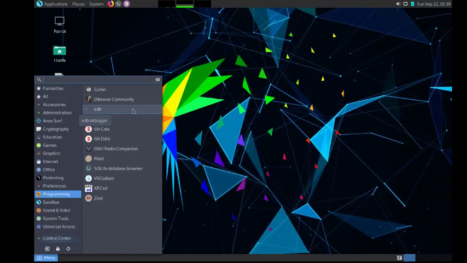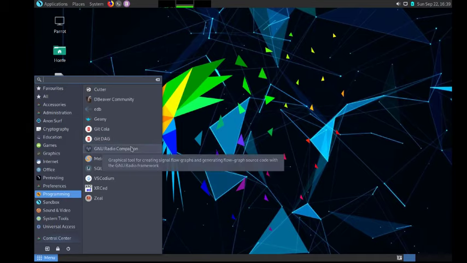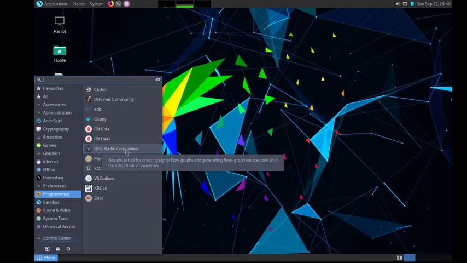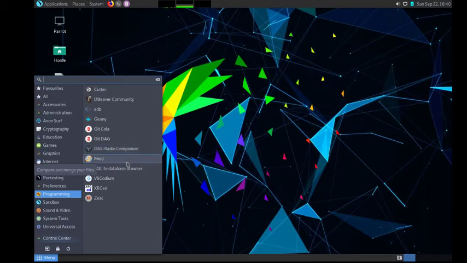Don't know if any of this is developed by Parrot, but it seems to come standard. So just like, I'm sure, GDB debugger, so you can debug your applications. Genie, is that Genie? It's Genie. A fast and light IDE using GTK+. Very cool. We got Git installed here. GNU Radio Companion. Meld. SQL Database Browser, so you can browse your database that you have set up on